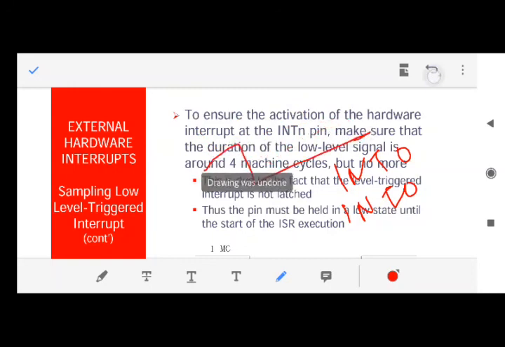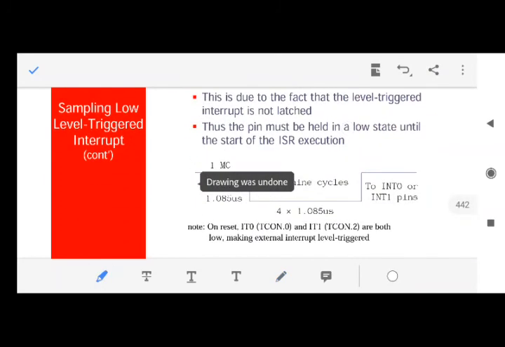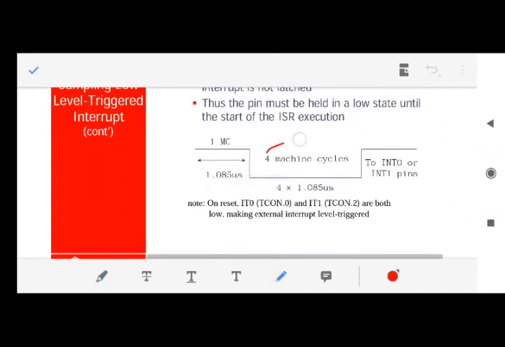How much time? For 8051 it is fixed. It is fixed for 4 machine cycles, and each machine cycle is of 1.085 microsecond. This value I have already referred to in many of my video lectures. Fine. So for 4 machine cycles, it should remain low. It should remain 0 for at least 4 machine cycles to be regarded as an interrupt.